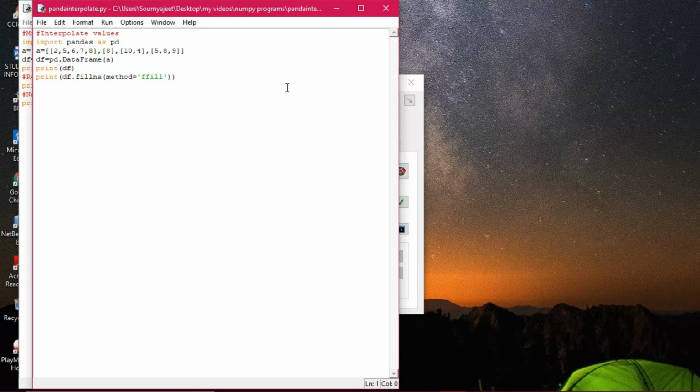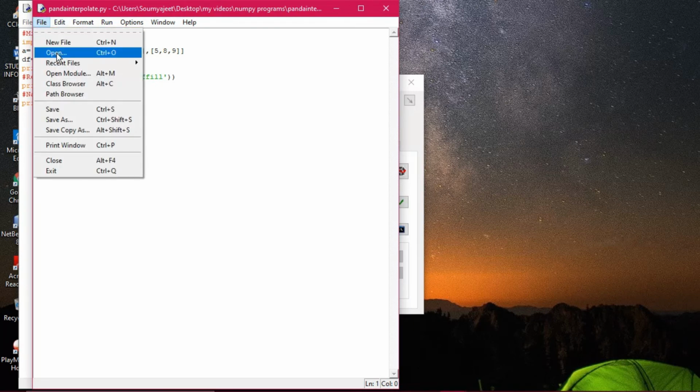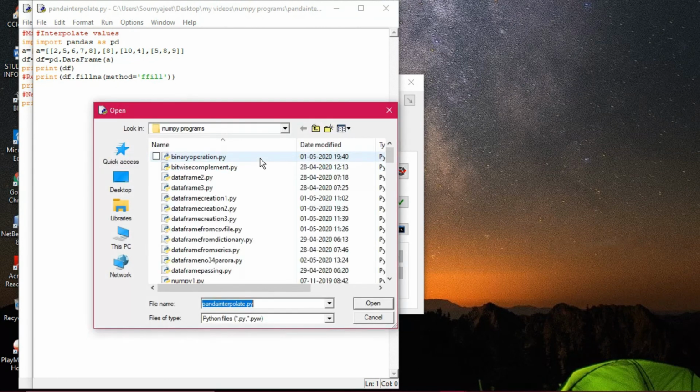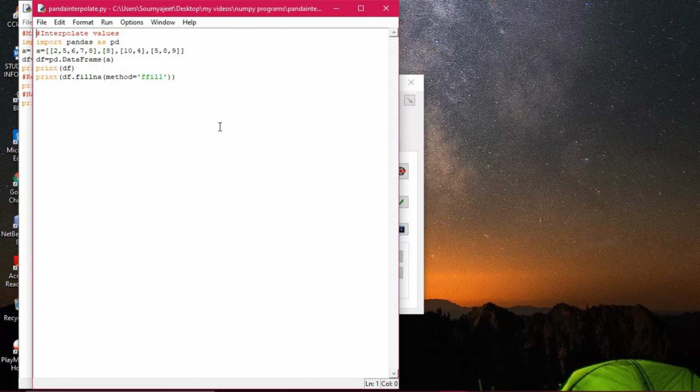Here you have the scope to save all your programs in your own folder. Like I am opening it from a folder called NumPy programs. Normally if you use Python XY, there is a default XY folder. If you don't wish to use that, you can use your own folder. That is the NumPy programs folder. I have saved all my programs here, so it is easy to find from here.